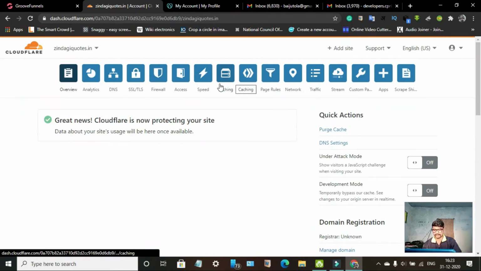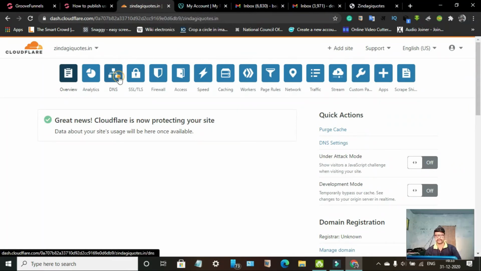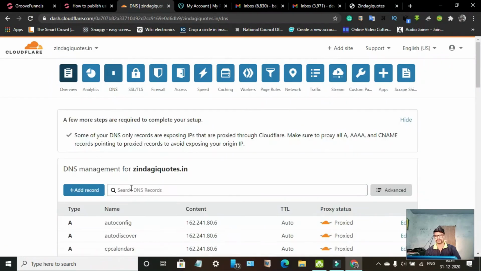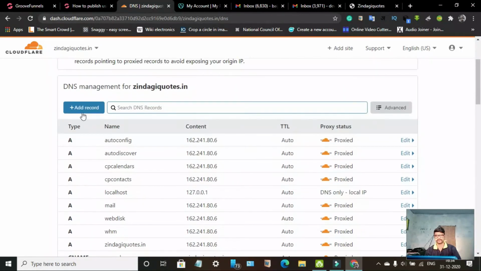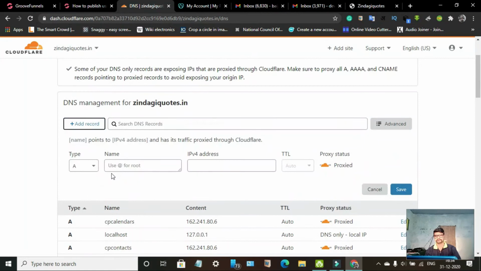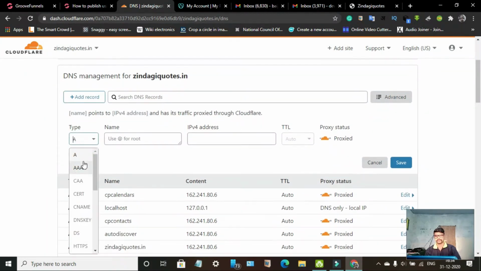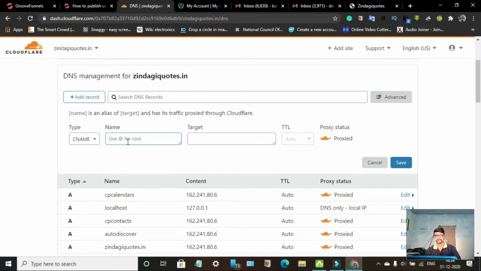So in the next step, what we have to do is click on DNS. After clicking on DNS, we have to add a record in our database. Just click on add record. Select type as CNAME, then your subdomain.